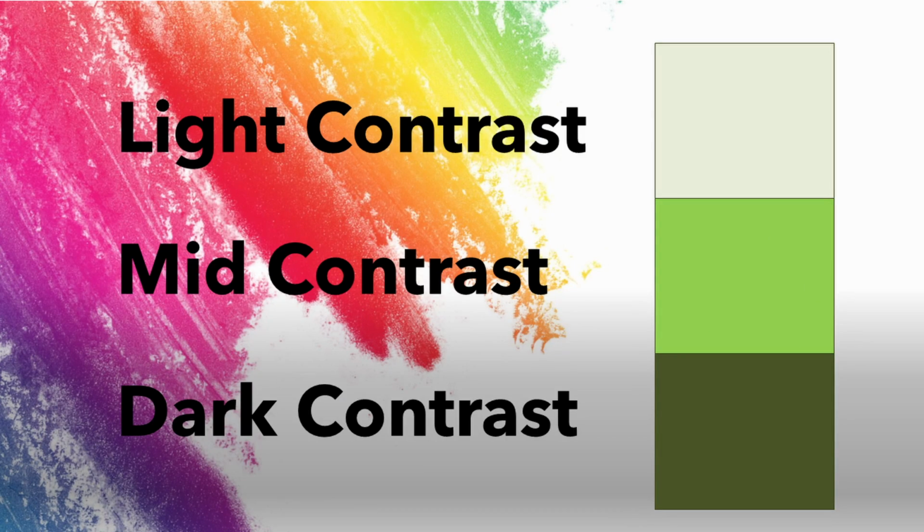So where you might see somebody wearing light coloured trousers, a mid coloured jacket and a dark tie, that seems to come together quite nicely and is quite a normal look to see. So in this case I'm going to break it down to three different contrasts: light contrast, mid contrast and dark